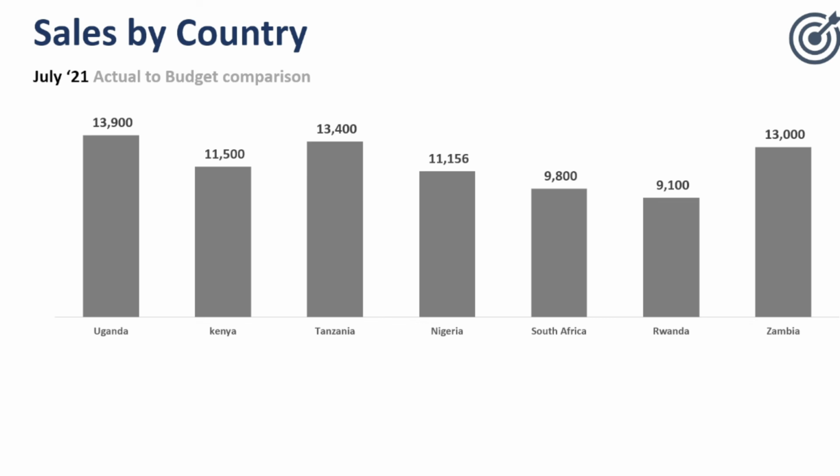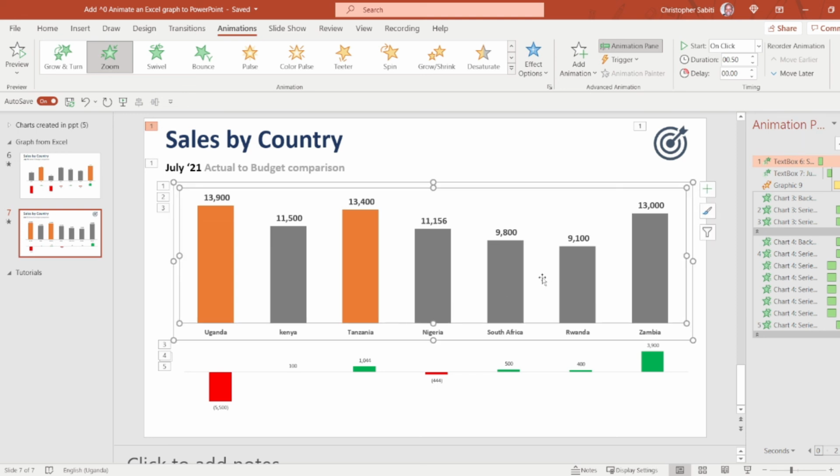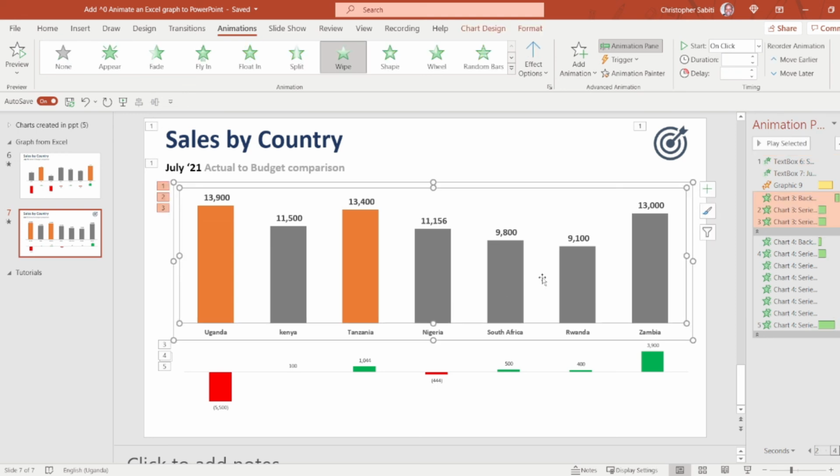So going on, you have the swipe for the variance, and at the end of the day, you have the swipe for the highest, the one which has done best at the actuals and budget comparisons. So this is it. I'm going to include the files we have used, both the Excel and the PowerPoint, in the description below. You can download and go on and practice with the files.